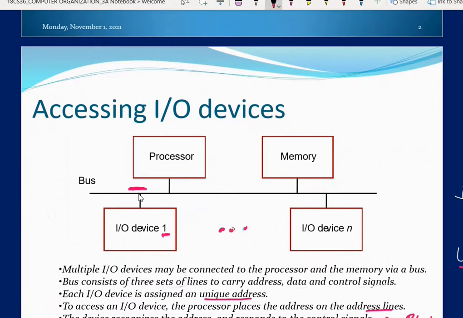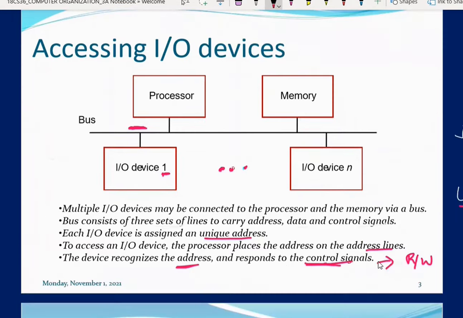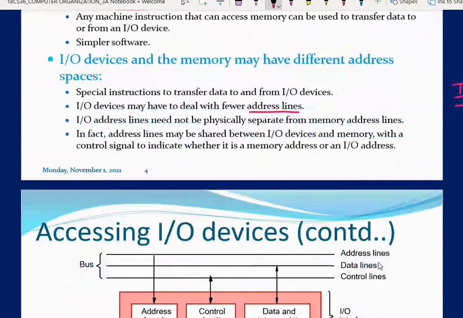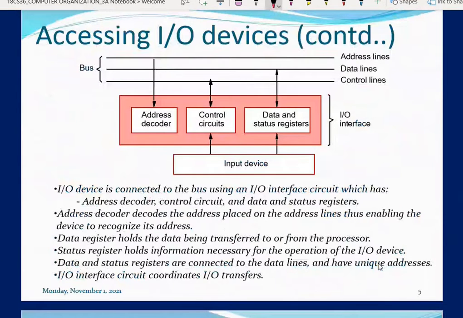the bus. But if you go some more levels deep to understand how these IO devices are connected to the bus, IO devices never contact or interact with the bus directly. Then how is it going to interact? It requires the interface. Each IO device has its own interface to interact with the bus.